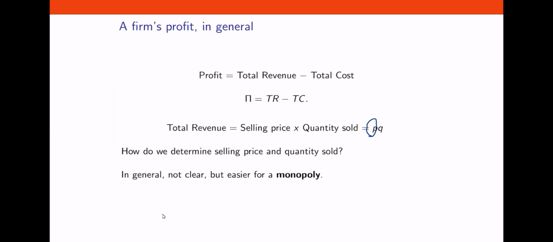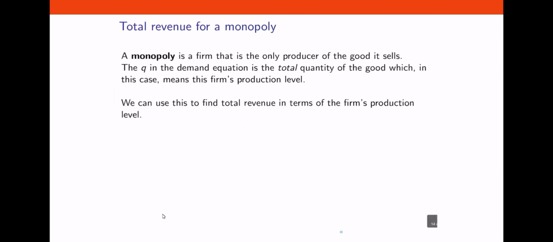How do we generally determine the selling price and quantity sold? In general, it's not easy, but it's straightforward if the firm is what is called a monopoly. What is a monopoly? A monopoly is a firm that is the sole producer of its good. Nobody else produces the good. That helps us